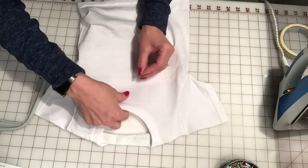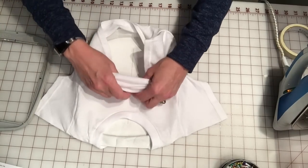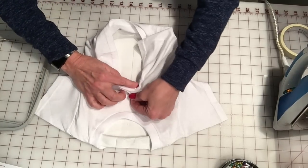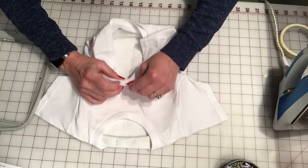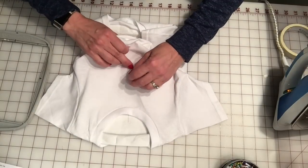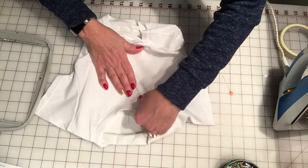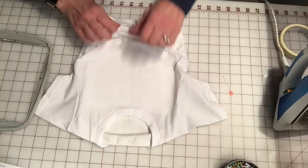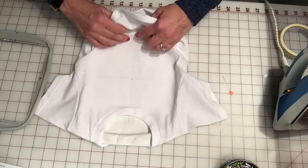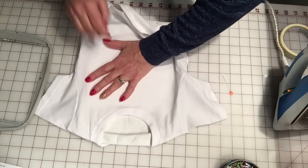So now let's use the pin. Take the pin here in the center of the marking where we had, and going to go right here into the center of the point that we marked. And we're going to go straight down. Okay, and because we have the temporary spray adhesive, we can kind of move the shirt around as we need to, putting it in the exact spot. So we have this marking here, and we can see it's matching up here with this line. So we know we have it pretty well